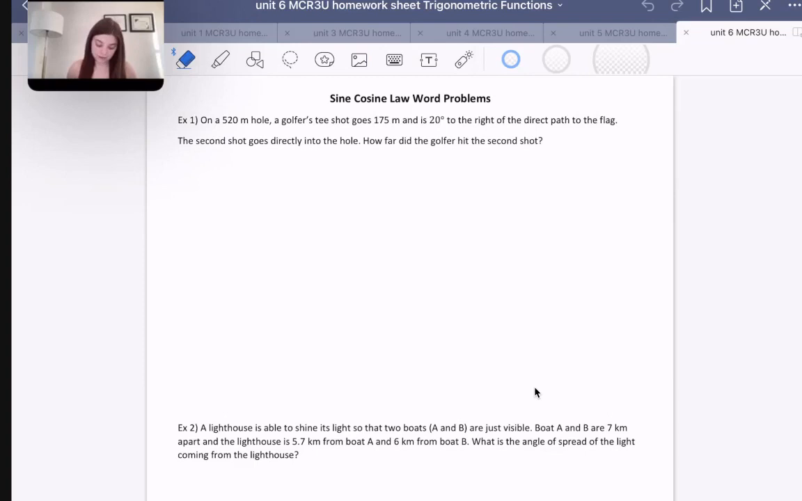It says, on a 520-meter hole, a golfer's tee shot goes 175 meters and is 20 degrees to the right of the direct path to the flag. The second shot goes directly into the hole. How far did the golfer hit the second shot? Okay, so basically we have a 520-meter hole. The golfer's tee shot goes 175 meters and it's 20 degrees to the direct path